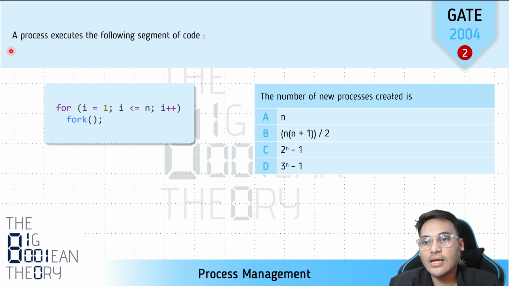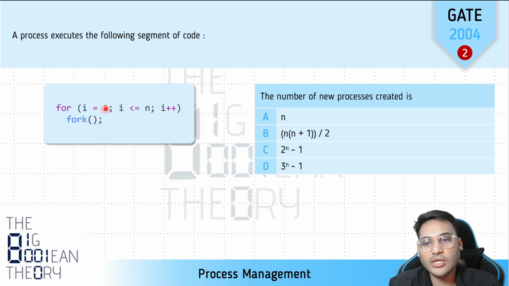The question says that a process executes the following segment of code. So this is the code segment that the question is referring to. What is happening in this code? It's a very simple for loop, going from 1 up till n. So this loop is iterating a total of n times. You can see n is inclusive, and the only statement being executed in this for loop is the